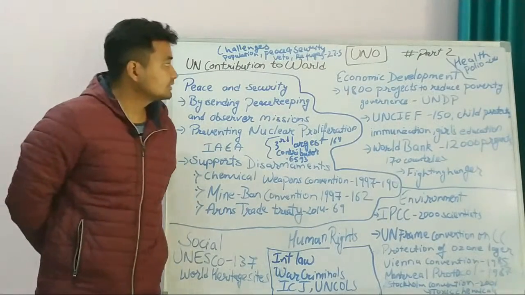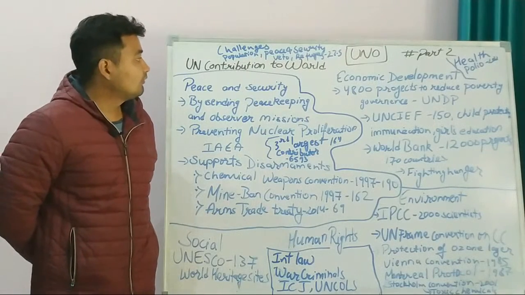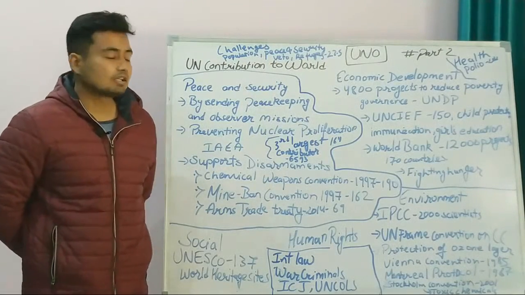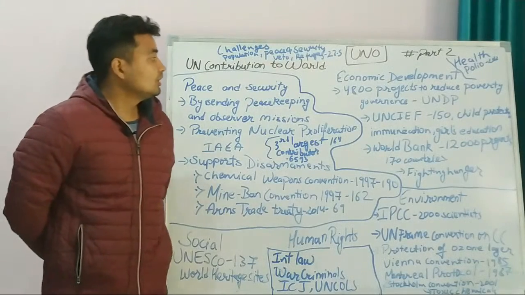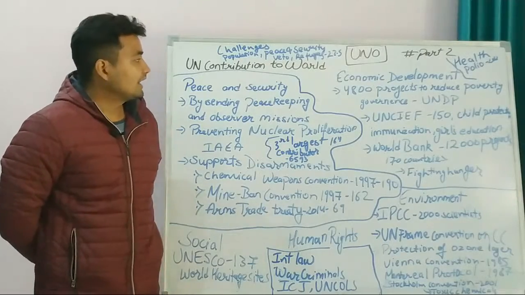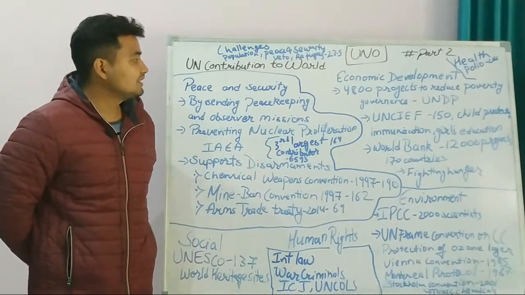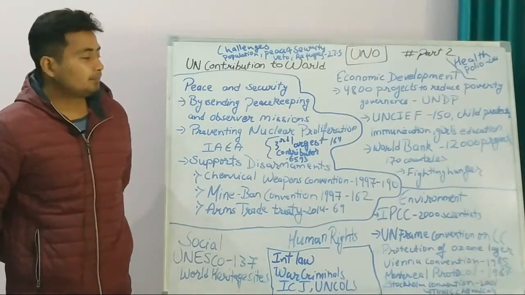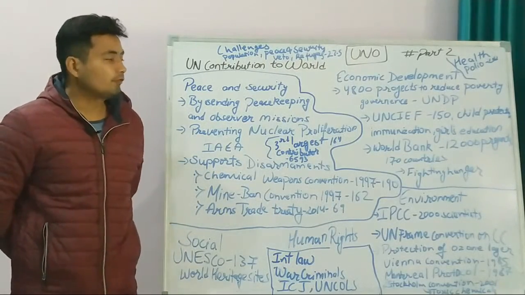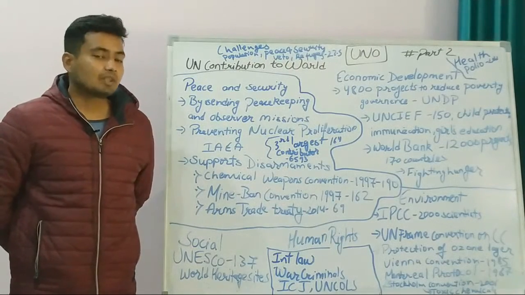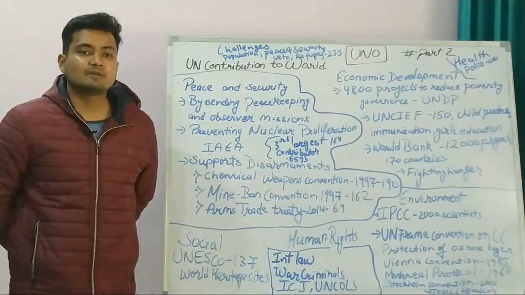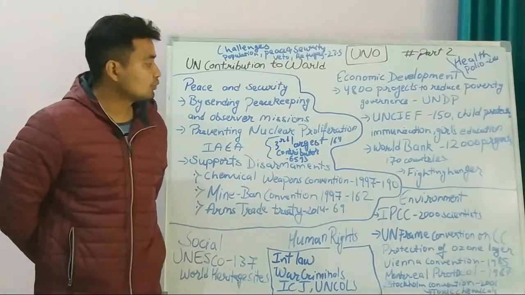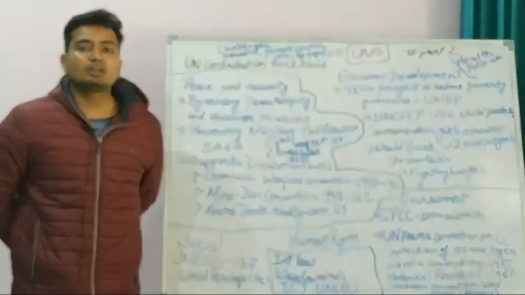Now the UN also works for economic development. Currently there are 4,800 projects to reduce poverty and improve governance all around the world, being carried out by UNDP, the United Nations Development Program, and the United Nations Children's Fund. They have programs in 150 countries. Particularly, the United Nations Children's Fund is working for child safety, child immunization, child education, especially girl child education, and things like this. The World Bank has supported 12,000 projects in 170 countries till now, and